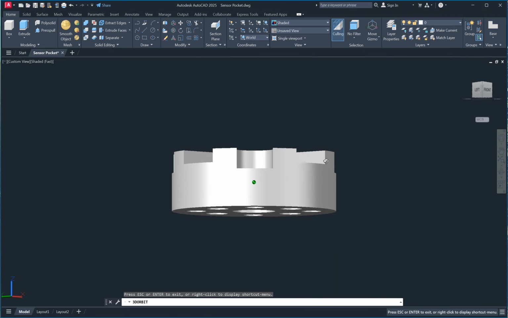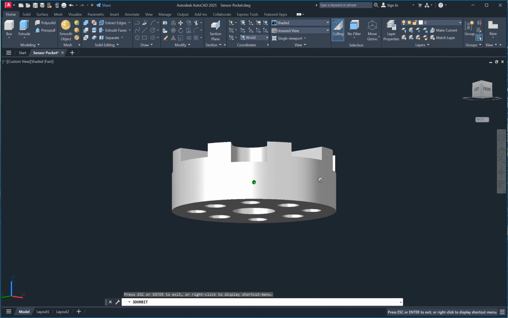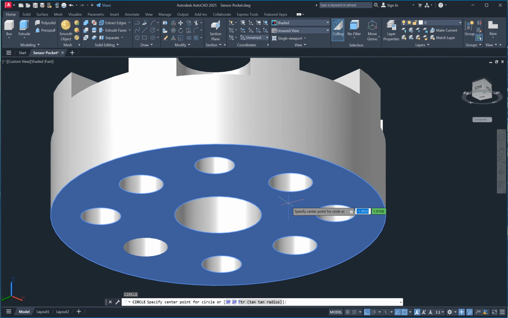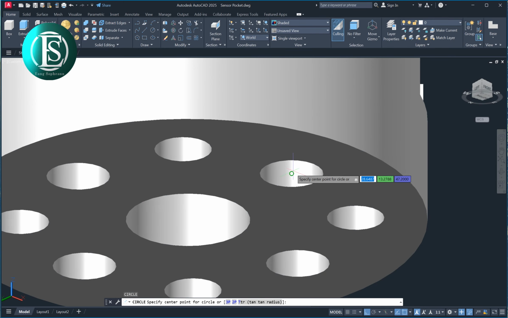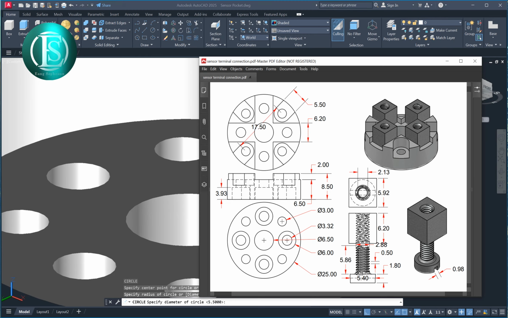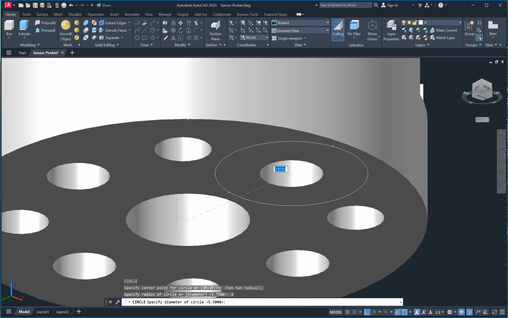So here, C enter, specify center point, I forgot, go to 6 mm, D enter, 6 enter,